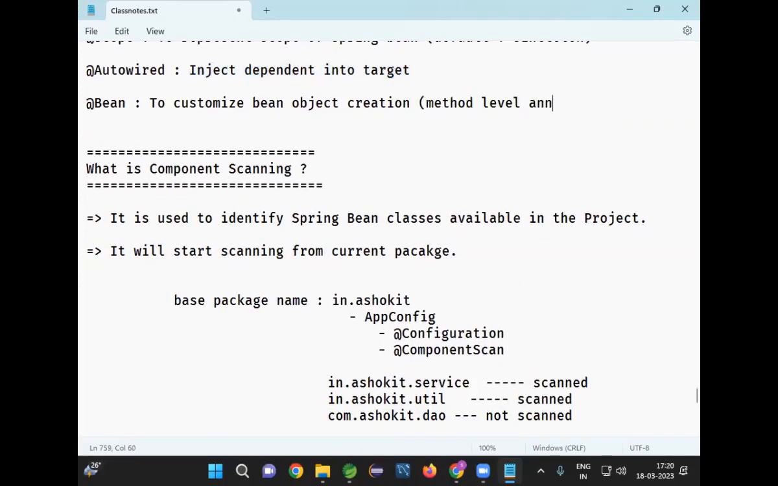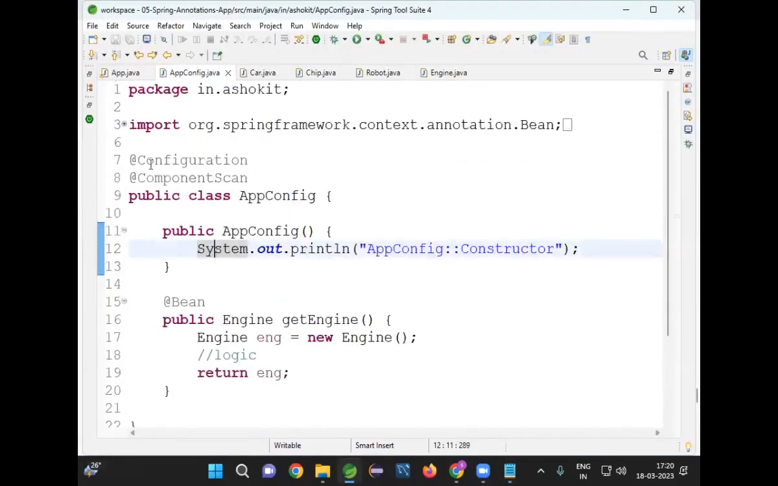This is a method level annotation. That annotation we use at the method. That method will create the object and return the object. IOC container will consider that as a Spring Bean object. Clear, guys? Now, when we start the project with the app configuration class, it will scan for the Spring Beans